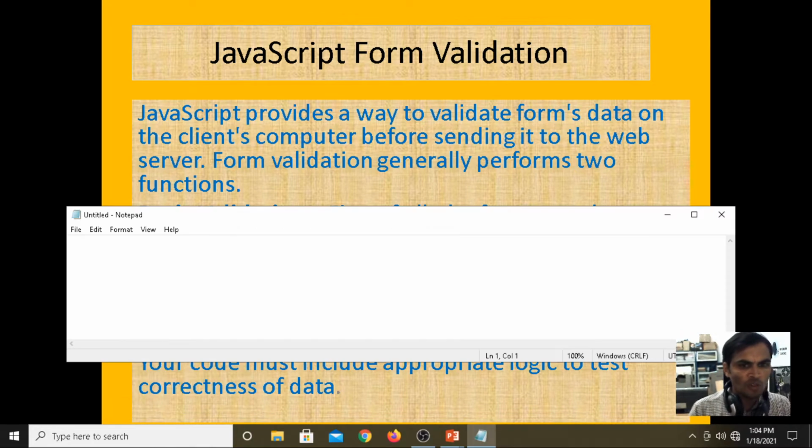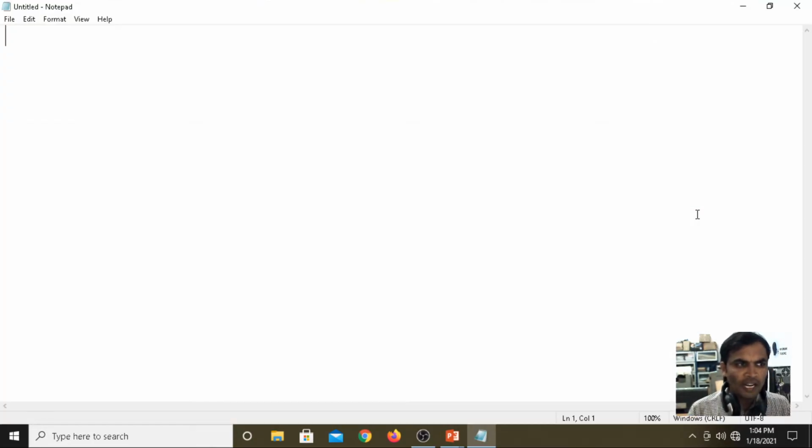Now I am opening the notepad. Under the notepad, I am designing the form with the help of HTML. Inside the HTML we have sub tags: the header tag and the body tag.